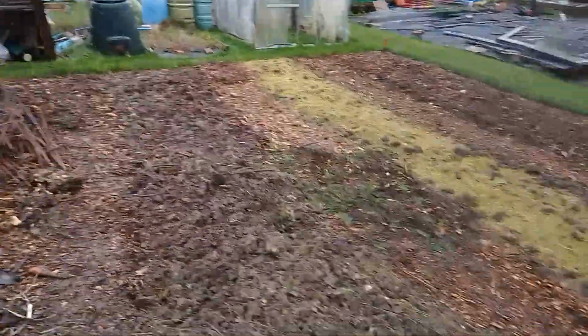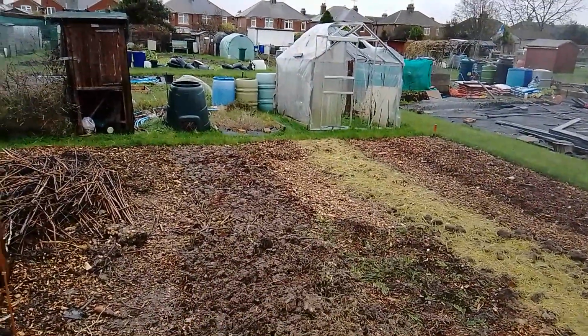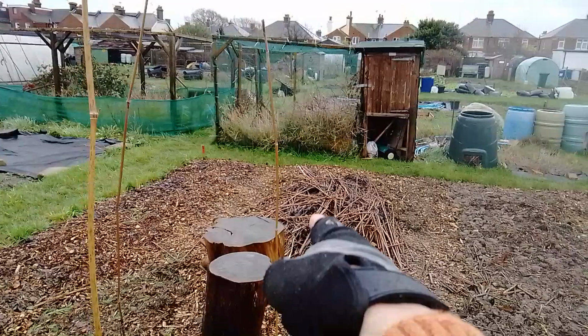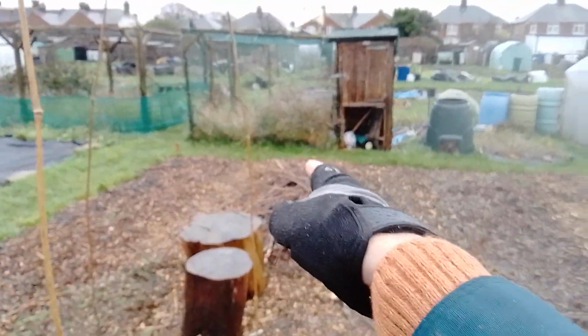So I'm thinking of doing another hugelkultur here, because it's a bit low here, and also it gives me something to do over the winter, and it also means I could bury my Jerusalem artichoke stalks, because they'll take a while to